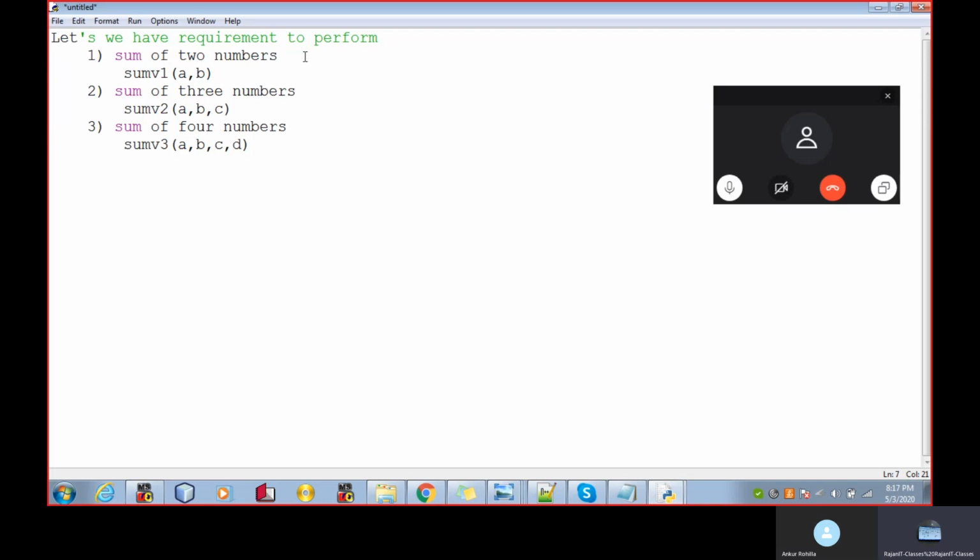If by some reasons the person forgets which function is responsible for adding two, three or four numbers, then he will be confused. He will come to us and ask, could you please tell me which function is responsible for adding up the four numbers, the three numbers, the two numbers?